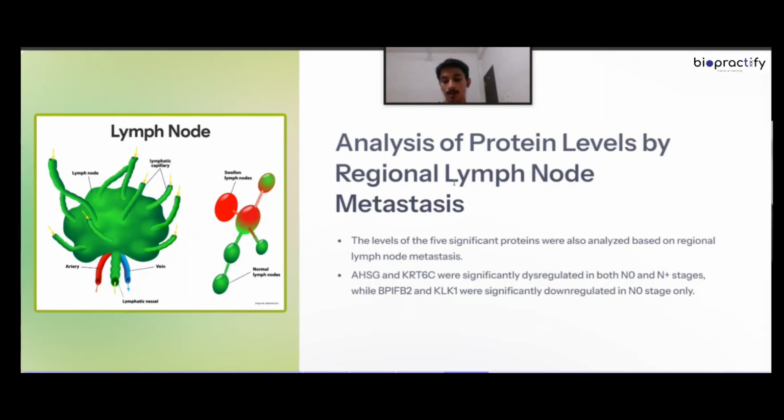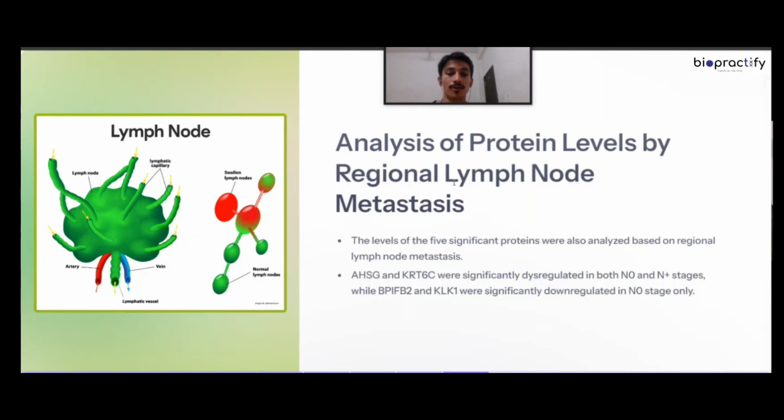So basically, N0 refers to the condition wherein the lymph node doesn't contain cancer cells. No cancer found in nearby lymph nodes, that is represented by N0. And the other one is N plus stages. N plus stages basically mean the presence of cancer cells was detected in the lymph node region or surrounding lymph nodes,